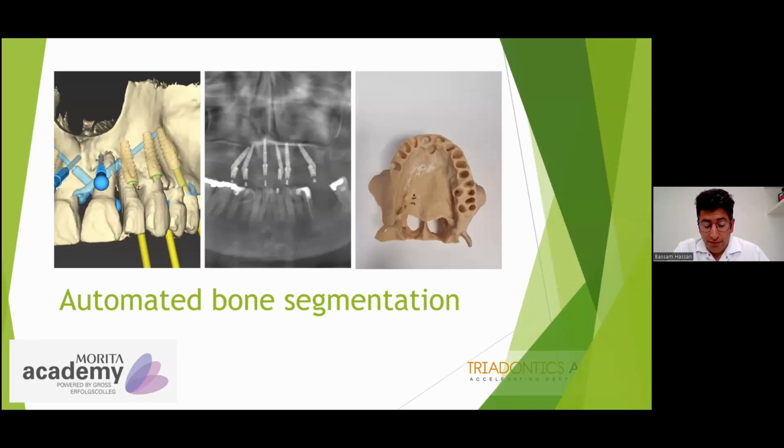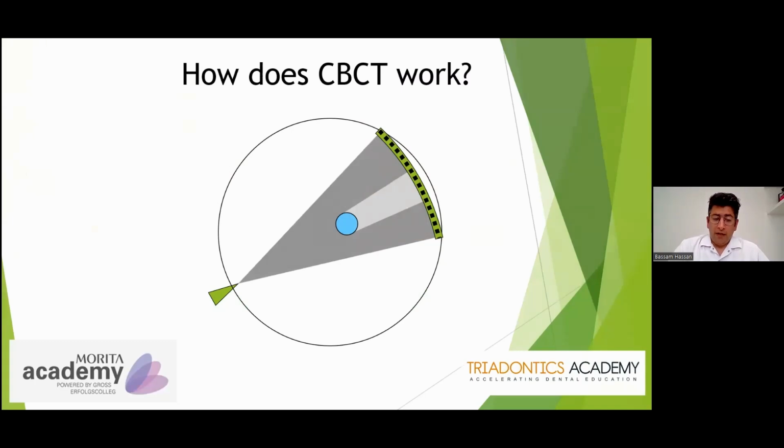Because you already understand what you're doing. You're already having a 3D printed skull, where you are placing the implant, you're practicing on a model beforehand. So the two main things when considering cone beam CT images is that you need to understand how